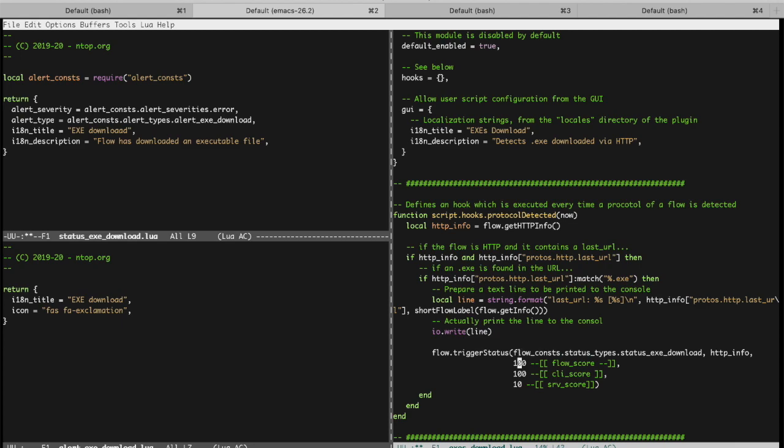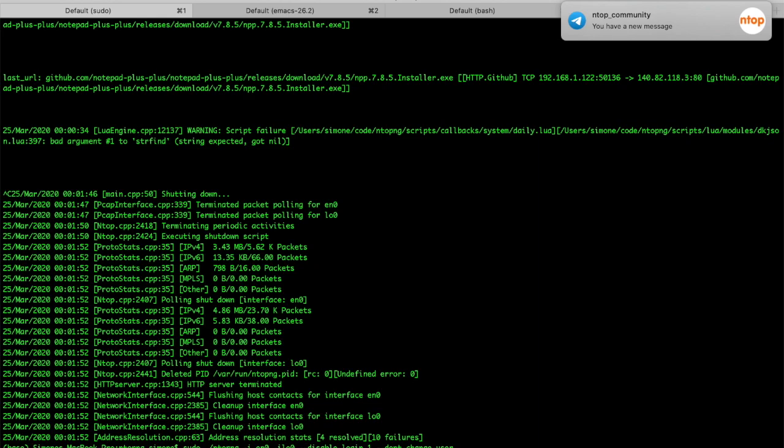So this time here we have chosen to pick a score of 100 for this flow and 100 for the client, because it's the client that is potentially having an issue here, because the client is downloading. We don't really care about the server that is serving the exe file. We care more about the client. So we set a flow score of 100 for the flow, for the client, and 10 for the server. We can save these, start again our ntopng